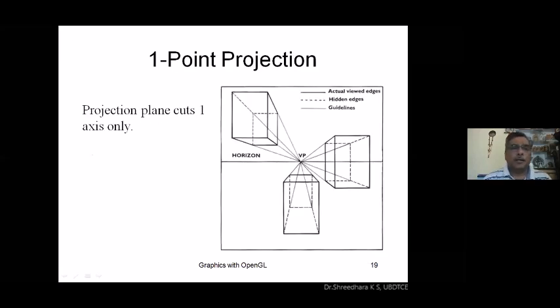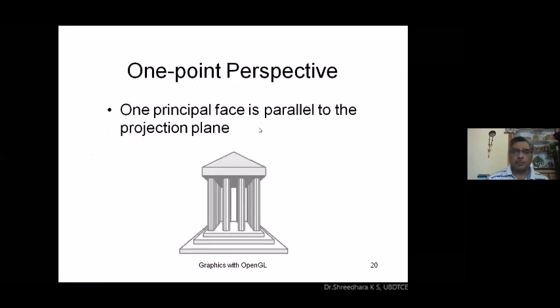So there are 3 types of projection in perspective. That is called one point projection here. One point projection: the projection plane cuts one axis only. At any one axis only it cuts, so we call it one point projection. Example, say one principal face is parallel to the projection plane.